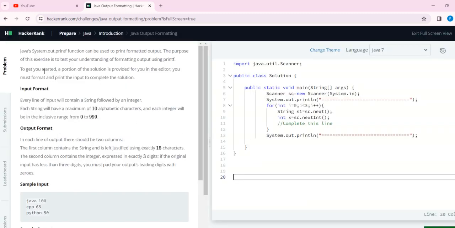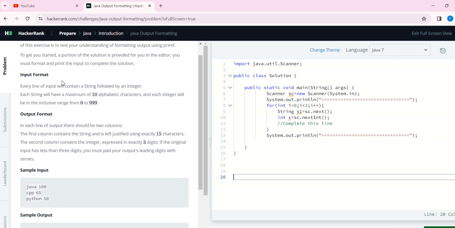You see the note that the Java System.out.printf function can be used to print formatted output. It already says you have to use the System.out.printf function to print formatted output. The purpose of this exercise is to test your understanding of formatting output using printf.